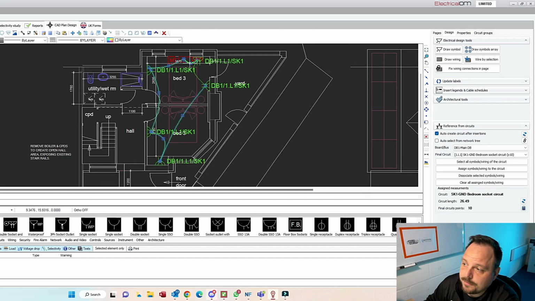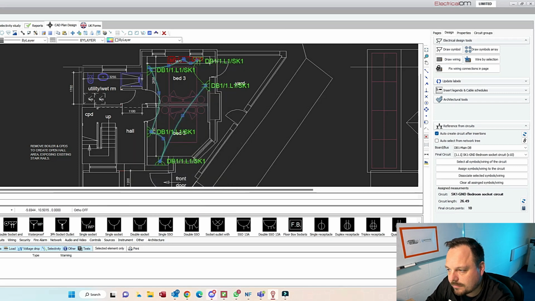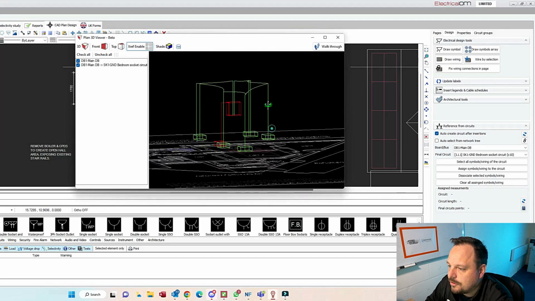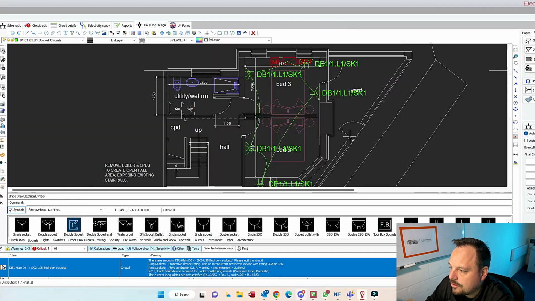And you can do that before you start dragging and dropping stuff onto the CAD drawing, but if you've forgotten, easy done. It's really quick to make that change, and you can see I've just done that there, and we've now got the wiring dropping out of the ceiling down to each socket, which is fantastic because that's what we want. We're going to add some USB points now, so these are just the side of the bed,